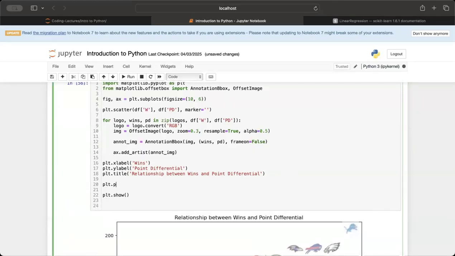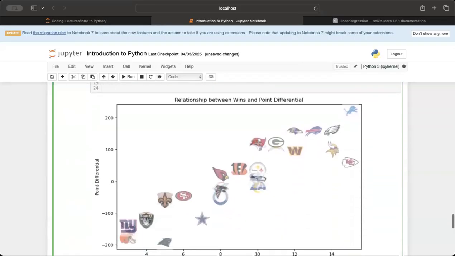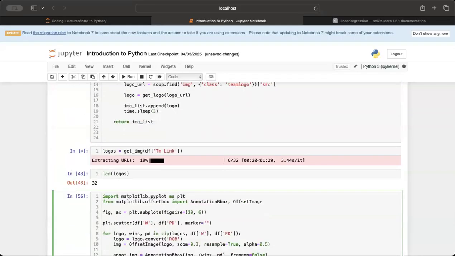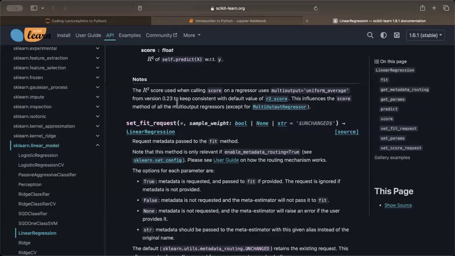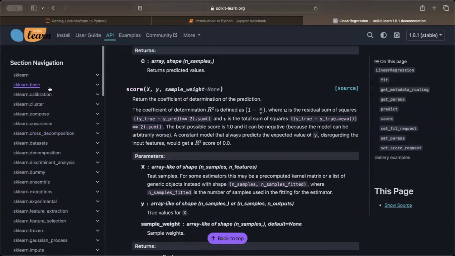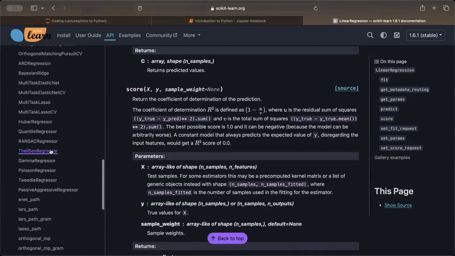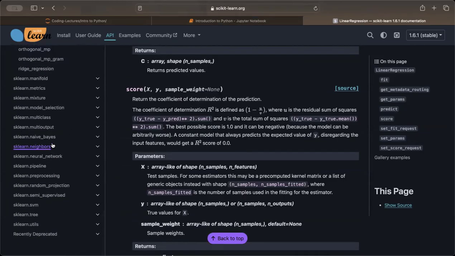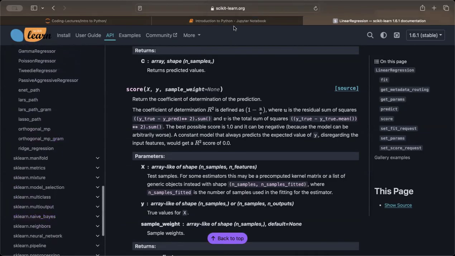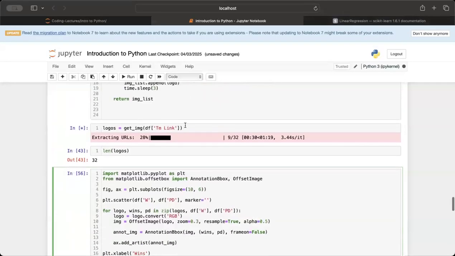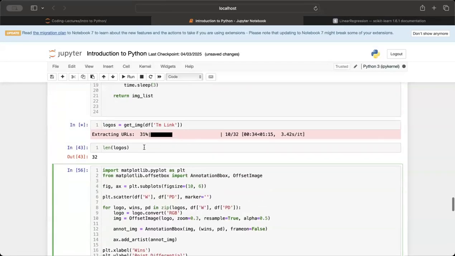We'll do plt.plot, color red. And while that's running, I'll see if I can think of anything else to go over with scikit-learn. It's a big library to get used to. The main thing that I didn't really go over, that I can go over while this is running, is